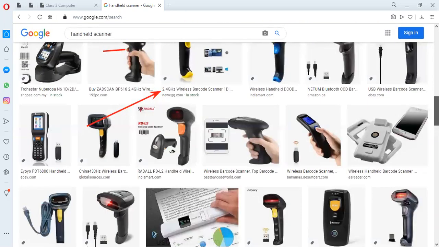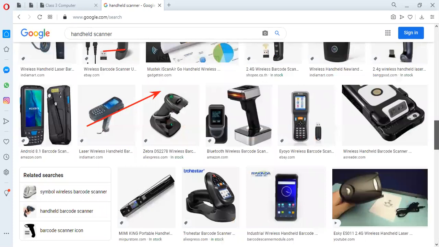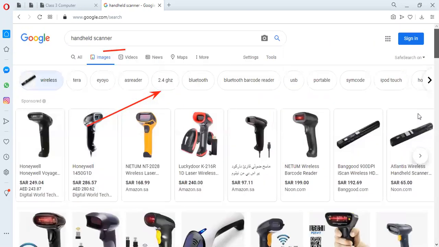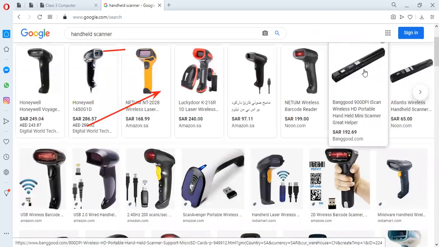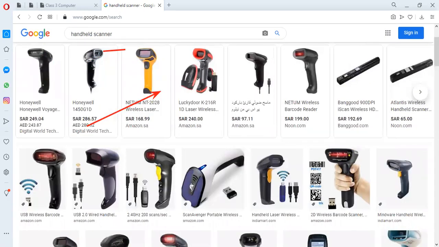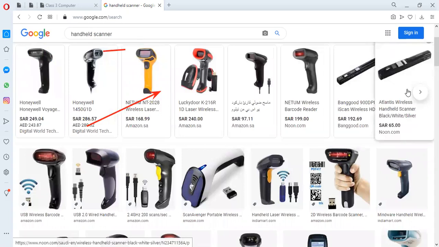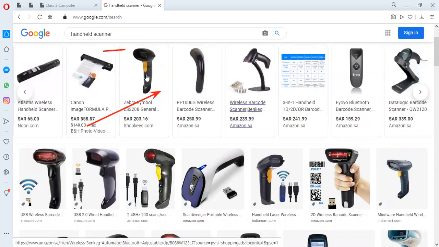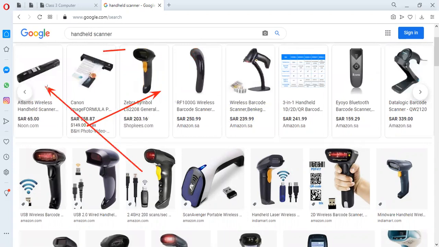So all of them are handheld scanners. These are used to scan things. Some of the handheld scanners, for example, if you see this one, the screen is at this side. Okay, there it is. If you focus on this scanner, this scanner costs very little, only 65 riyal,